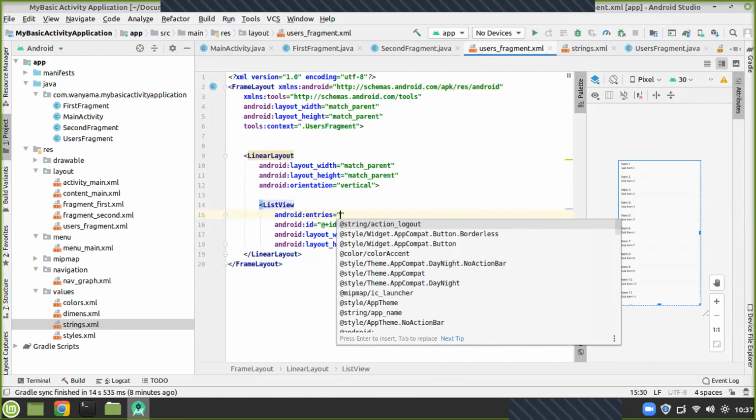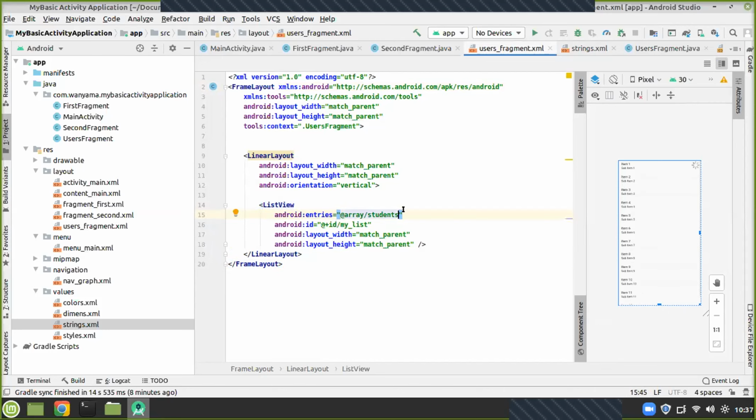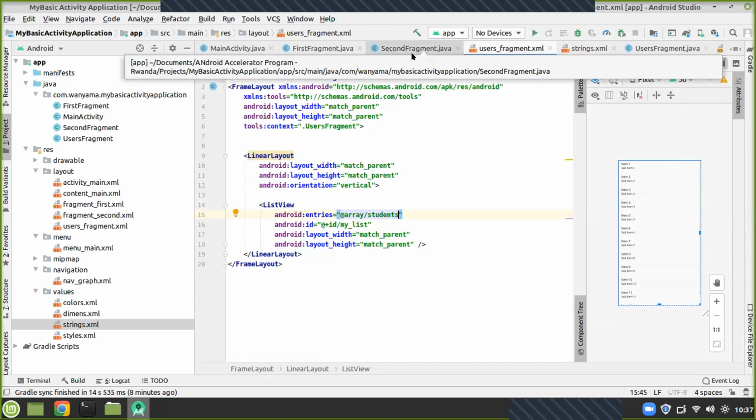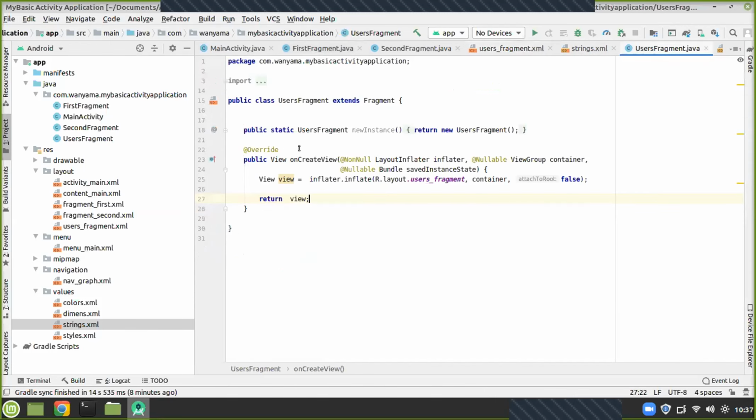Entries, I can simply say at array students. Yeah, at array students. So I'm very sure those names have been displayed on that list if I run it on my phone, or if I test it on an emulator or something like that. So real quick, on our fragment called users fragment, let us find the view by ID to our list view